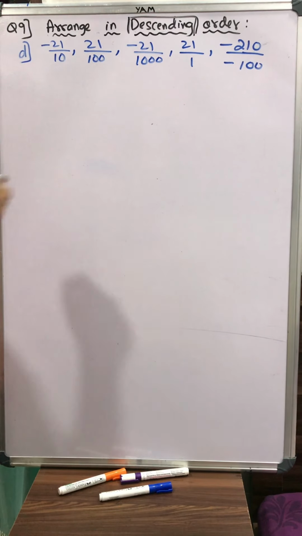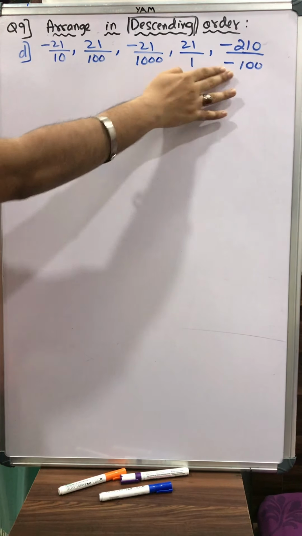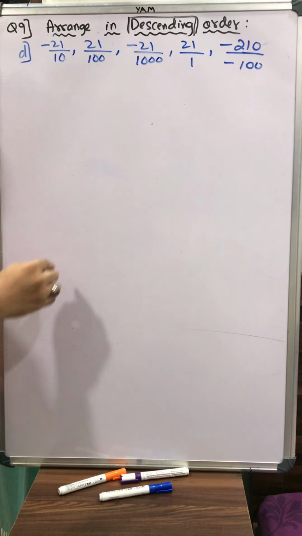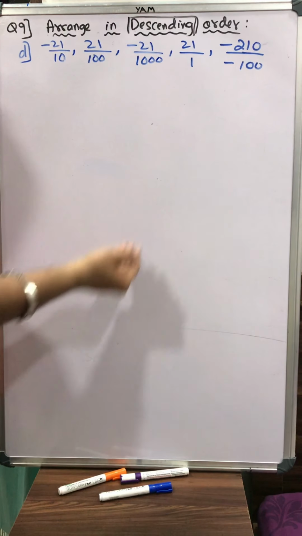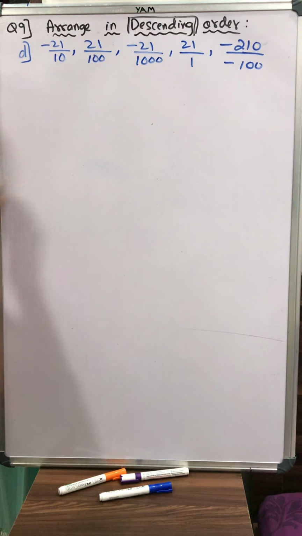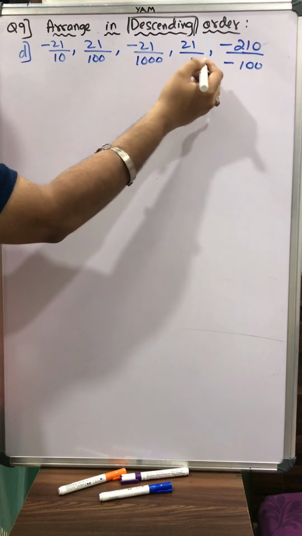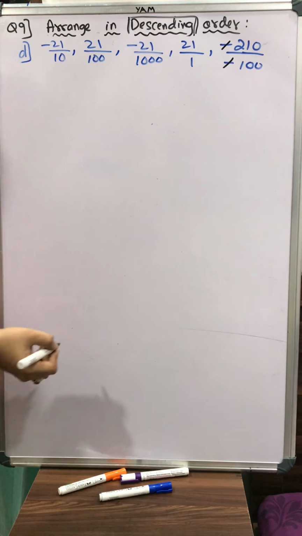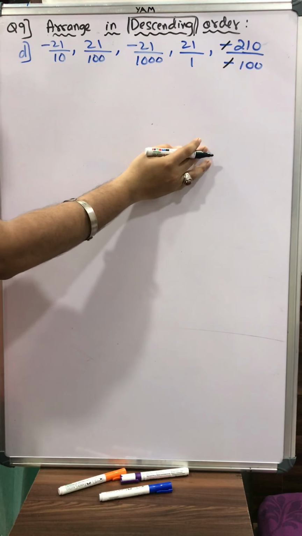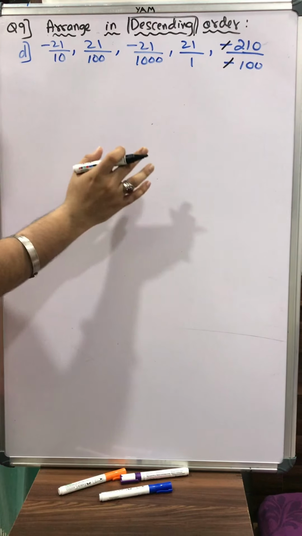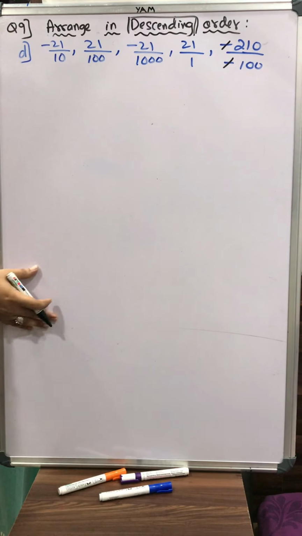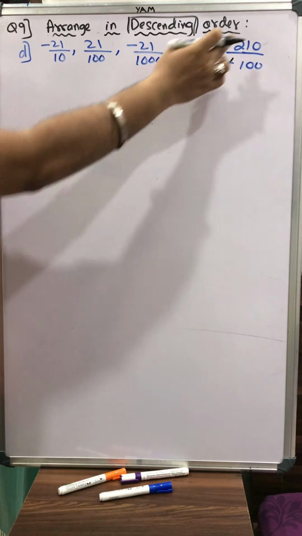See, I always tell you, students, that you should avoid minus sign from the denominator. If there is any minus sign in the denominator, you assign it to the numerator. But we are fortunate enough over here that we already have a minus sign in the numerator. So I can cancel this minus minus. Even, students, I can cancel this 0 0, so I will be remaining with 21 upon 10. But I'm not cancelling it. If you want to cancel, you can cancel, and ultimately the final answer will be same. No worries. But I am not cancelling the zeros.